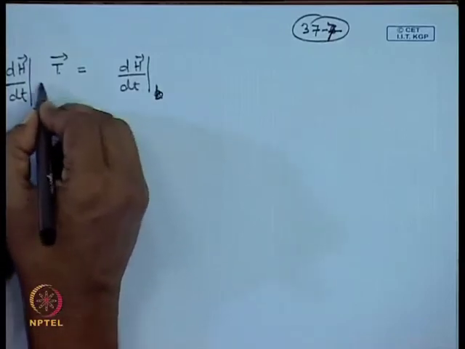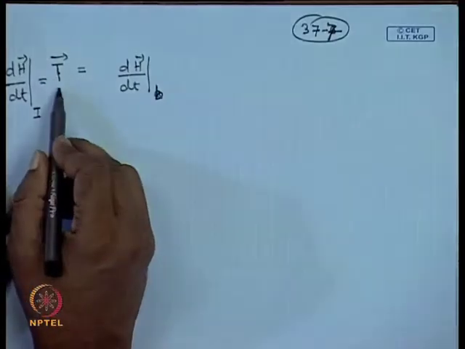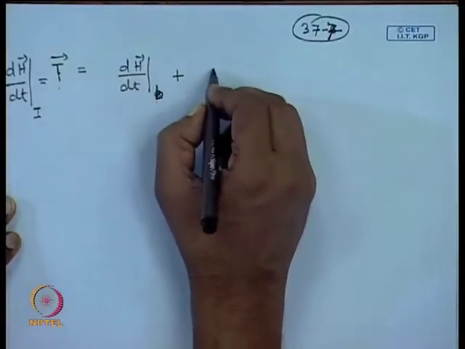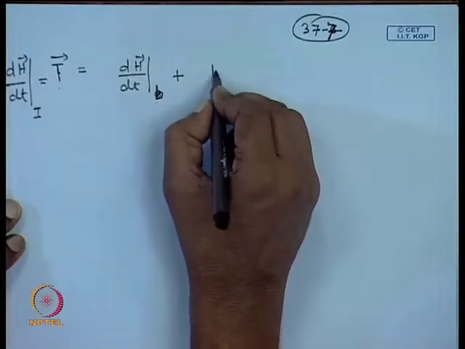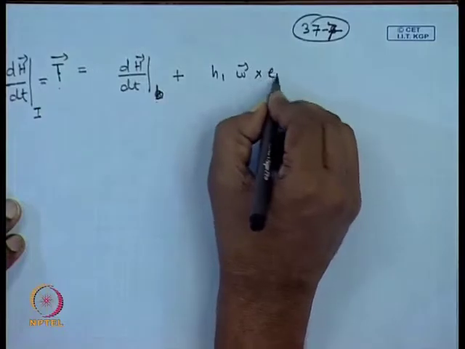We can put here I to indicate this is with respect to the inertial reference frame. This is equal to the torque applied, and this is with respect to the body x, and the rest of the things you can write as h 1 times omega cross E 1